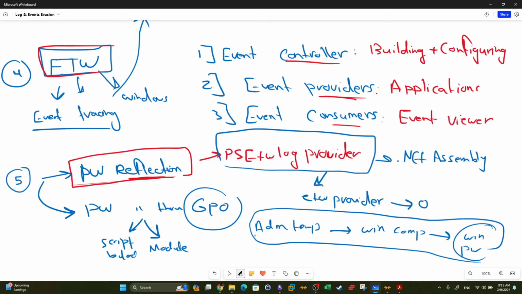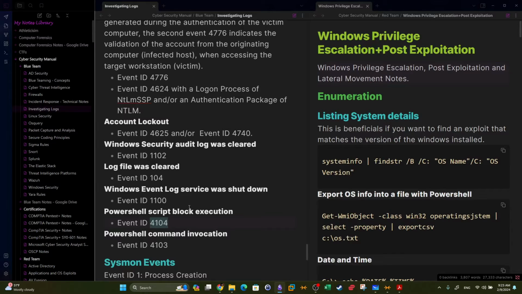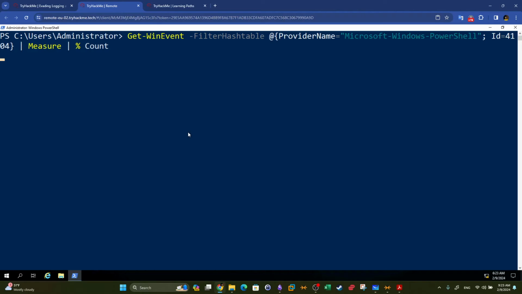So that's exactly what we're going to do, but not through the GUI interface. We're going to do it through PowerShell reflection. The first thing we need to do here is to check how many events we have that match event ID 4104. We want to see the number. So effectively here we have 356